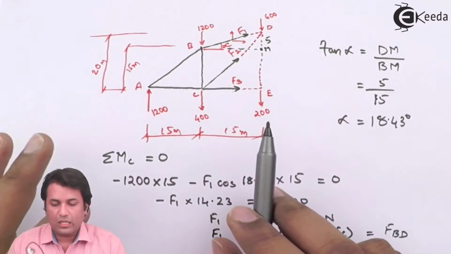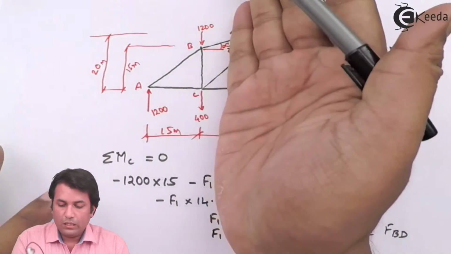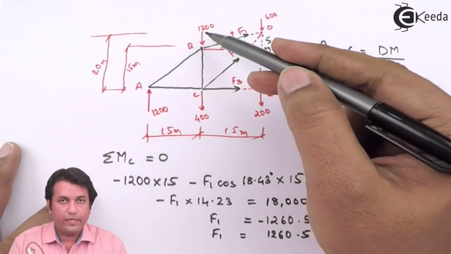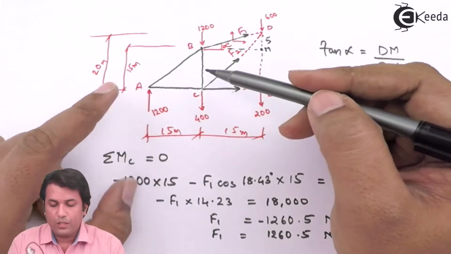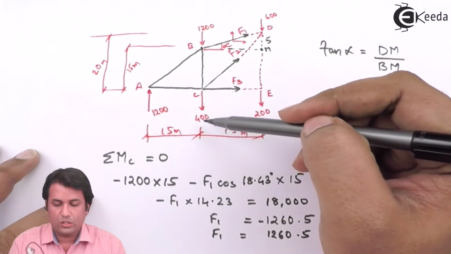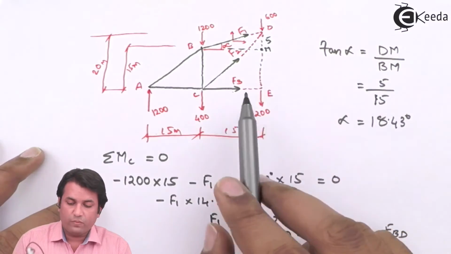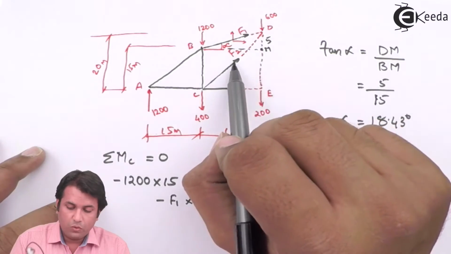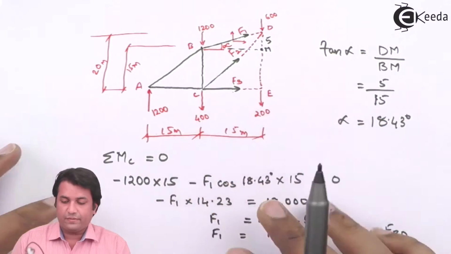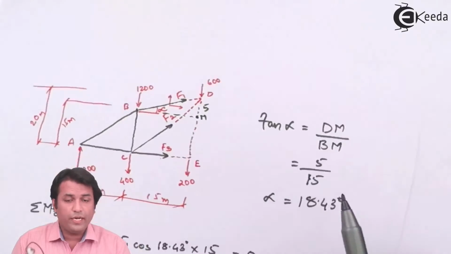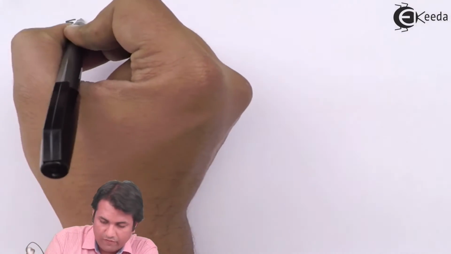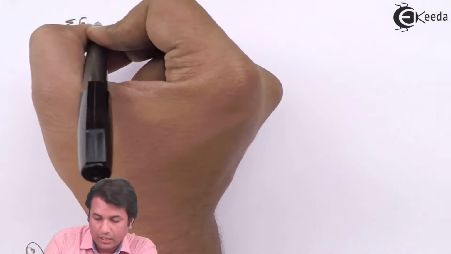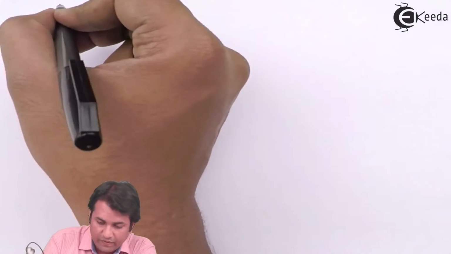How many vertical forces do I see over here? The left part is going to have this 1200 Newton force acting vertically down, this 1200 Newton force acting vertically upwards, and this is also acting downwards. Now, the unknown forces would be F2 and F3 because I have already got F1. So if I just apply the condition of equilibrium,